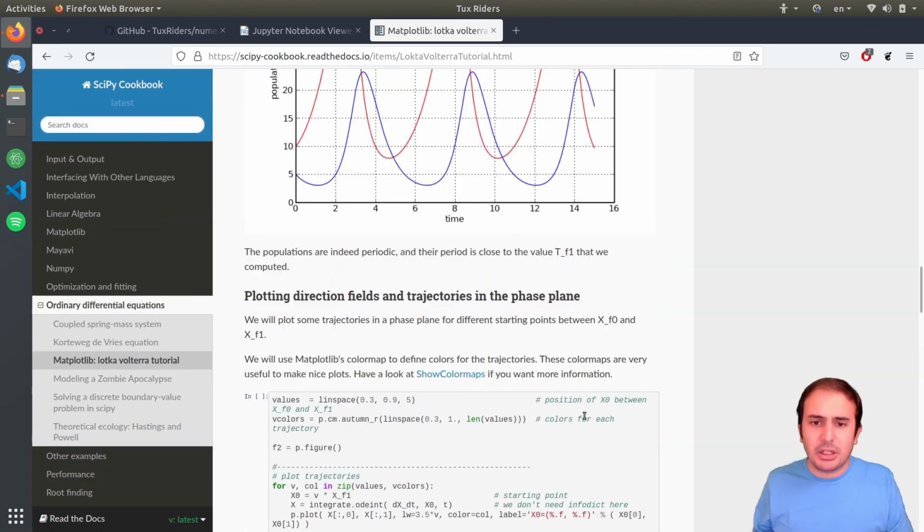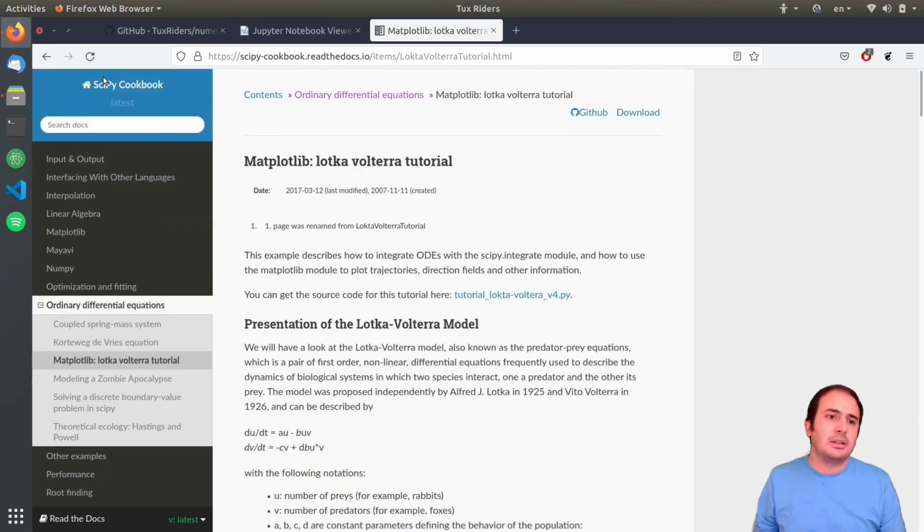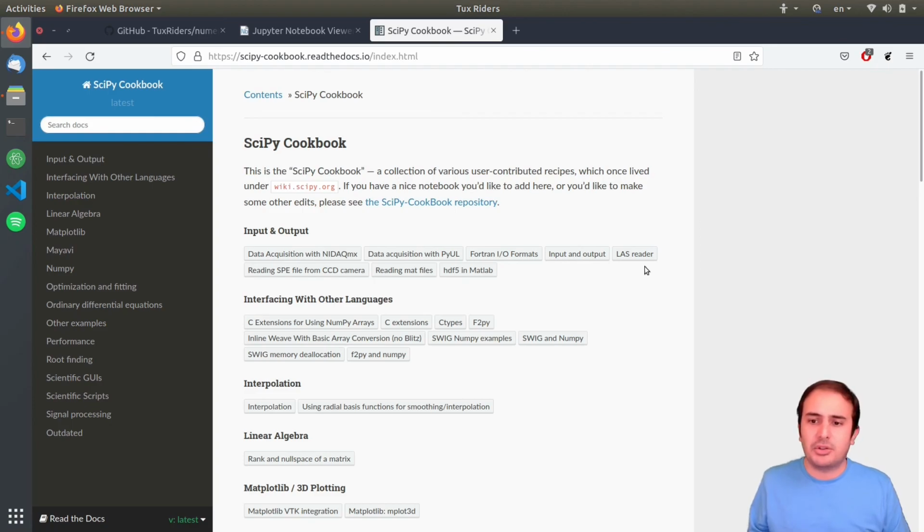But yeah, this is actually what I wanted to discuss about SciPy. So make sure to check it out,